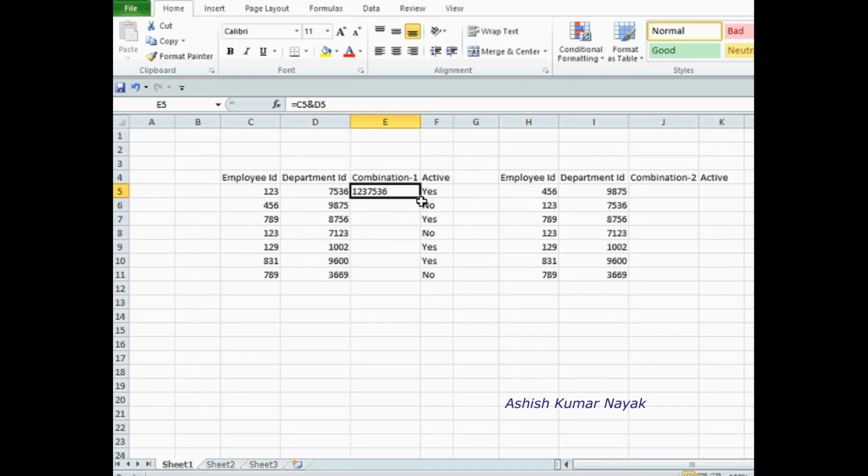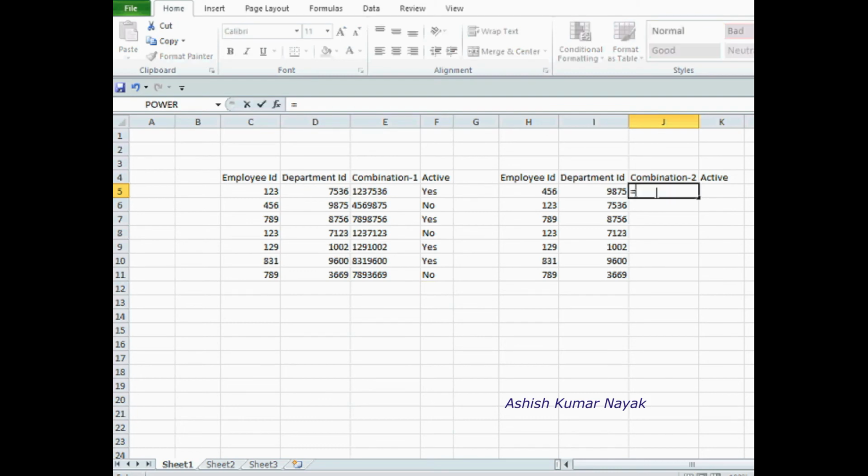Now put the mouse cursor like this so that the plus sign will be displayed. Now drag it. Okay, do the similar thing in the combination 2 column. Is equal to, select 456, type ampersand, select 9875, press enter. Now select it and put the mouse cursor like this and drag it.